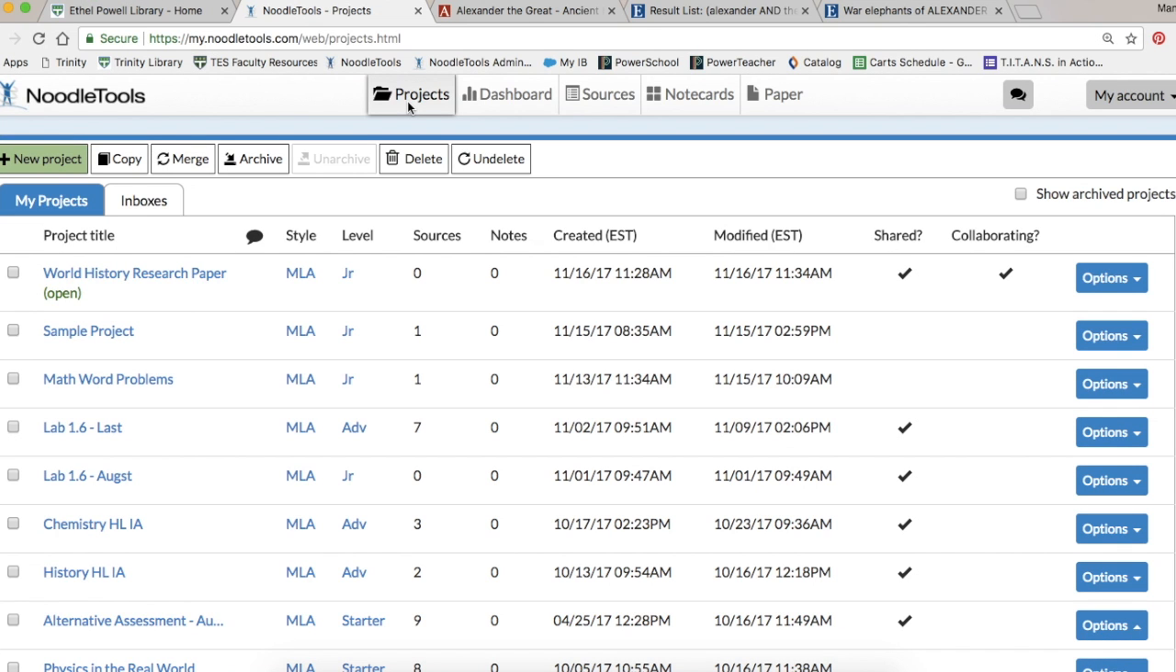The purpose of this video is to show you how to cite a source in NoodleTools. Let's begin on your projects page. Make sure you have selected the correct project to which you want to add a citation. You'll know which project is active because the word open appears next to the project name. For example, here I see open next to the project name World History Research Paper, so I know that this is my active project. Any sources, note cards, or outline that I add at this point will be connected to